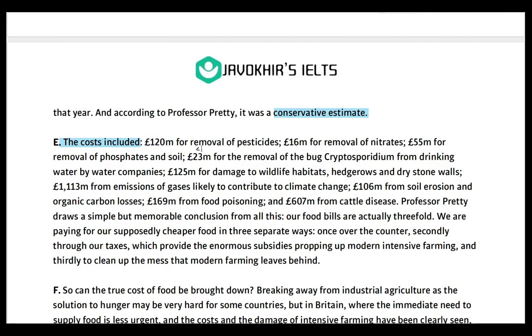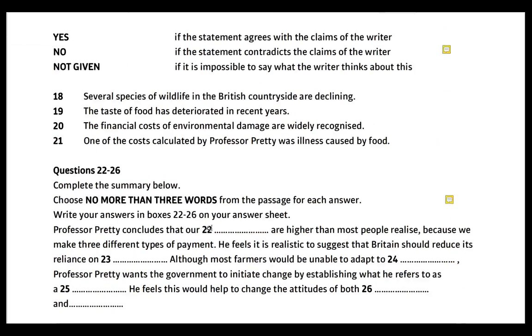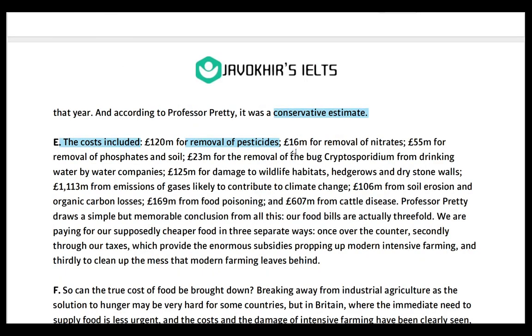Maybe choosing the sentence would be much more suitable, because when we skim through while we are solving the summary completion, it will be easier for us to navigate through the text. 60 million for removal of nitrates, 55 million for removal of phosphates and soil, 23 million for the removal of bug